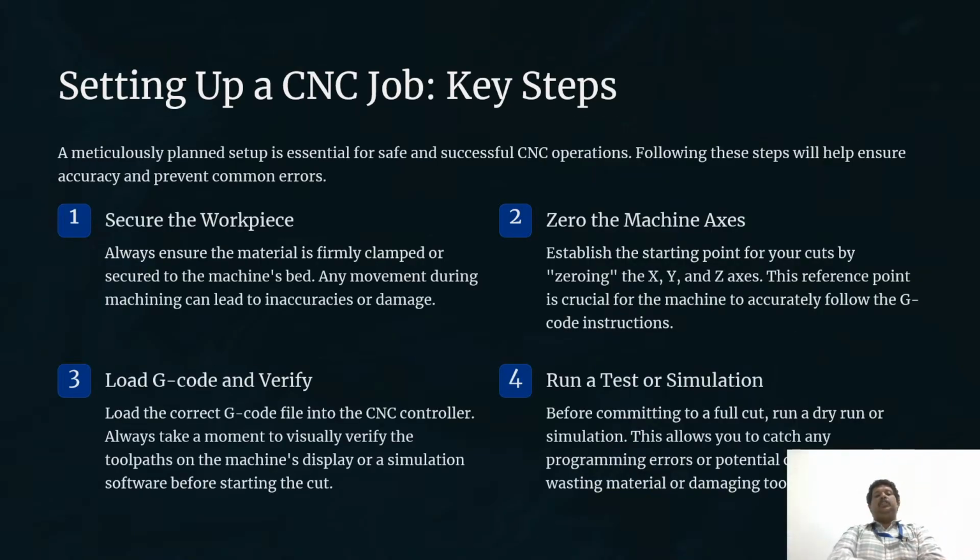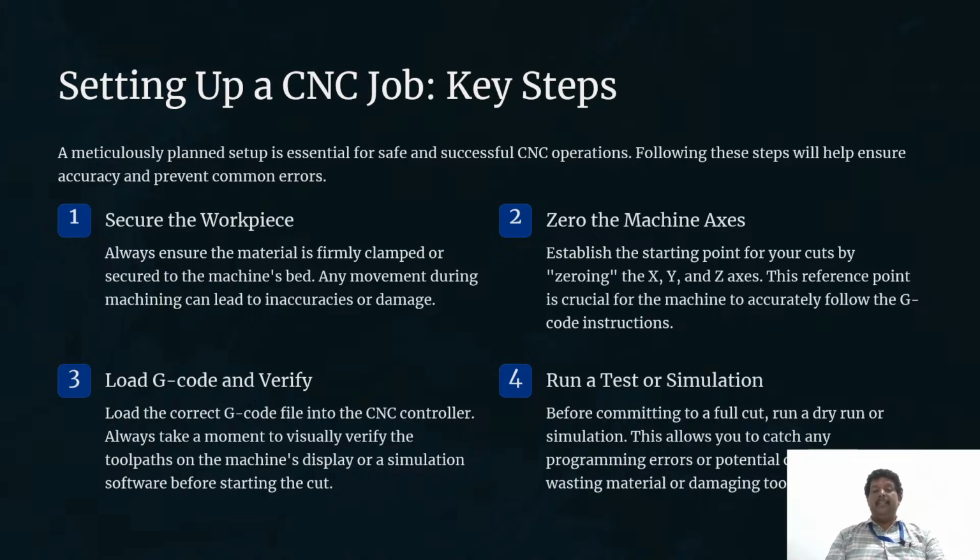Now, how to set a CNC job? So once we have got the program, now we have the tools. The next thing, we have to set the job. How should we do that? First thing, we should always ensure that the workpiece or the job is firmly clamped or secured to the machine bed. Because if it is not tightened or fixed properly, there are chances that due to the vibrations or the tool movement or anything, the piece may get shifted and